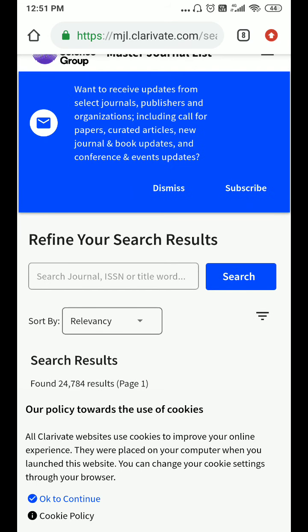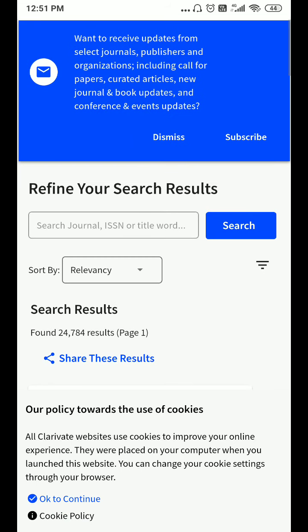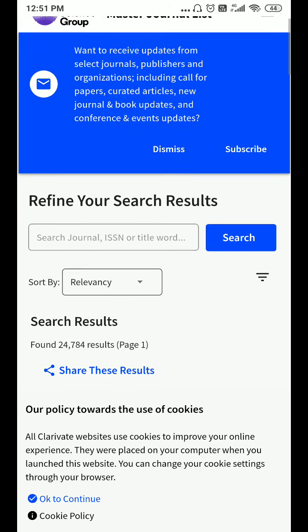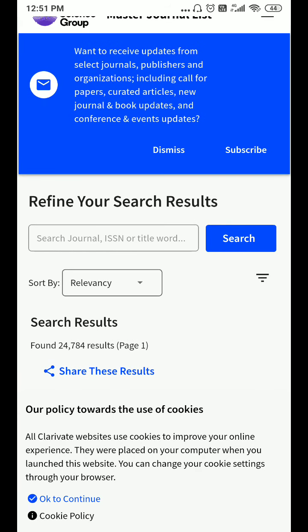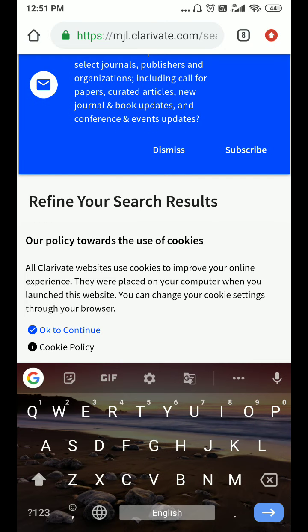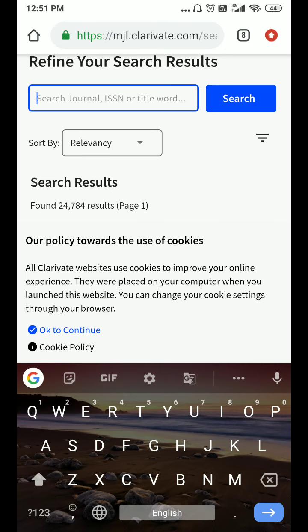I am clicking on both the databases because the search window or discovery tool would be different in both the databases. College and Undergraduate Libraries.